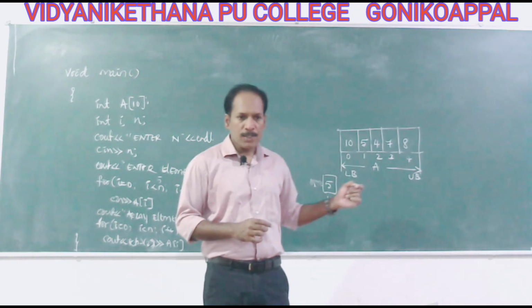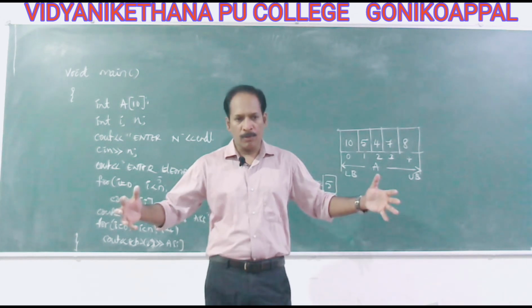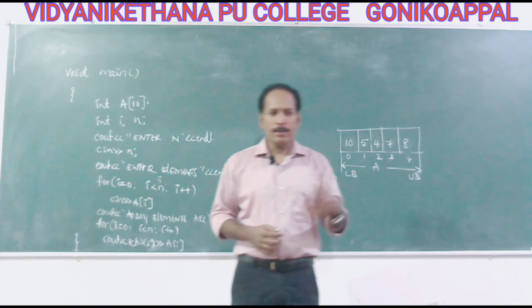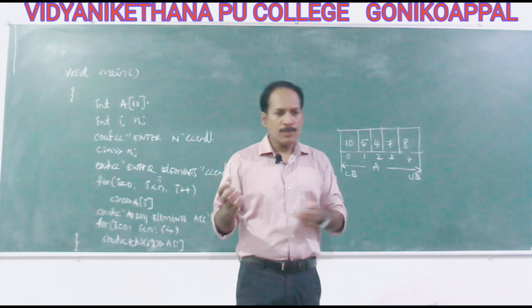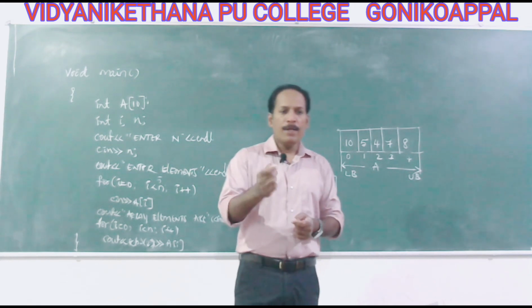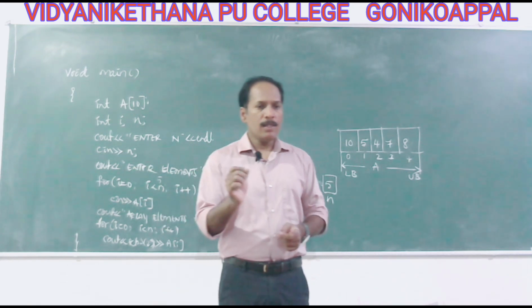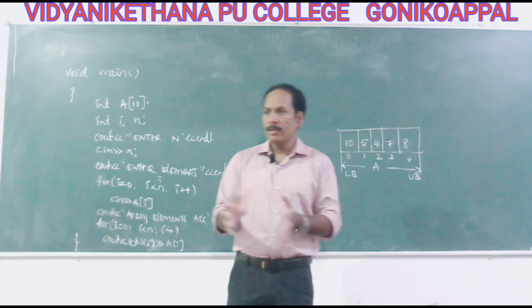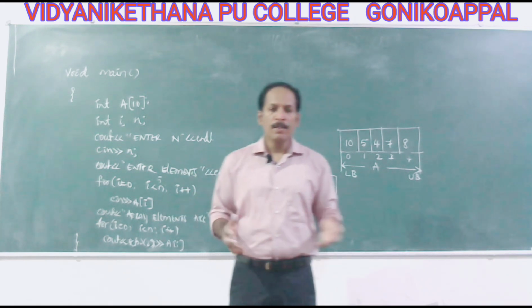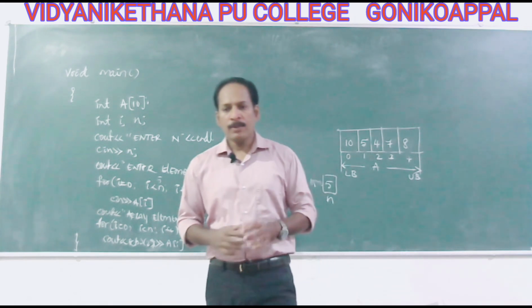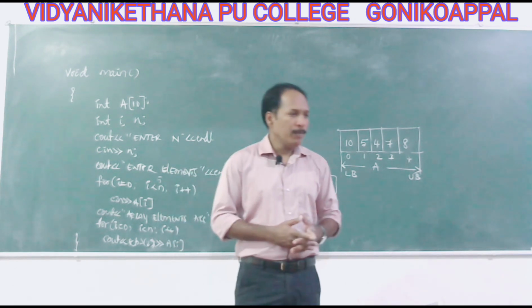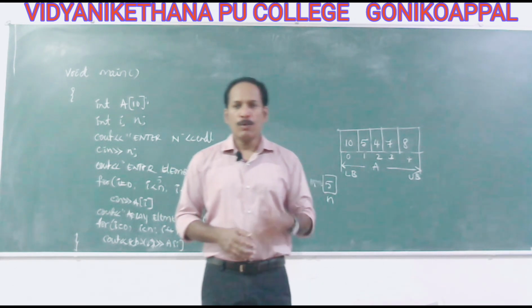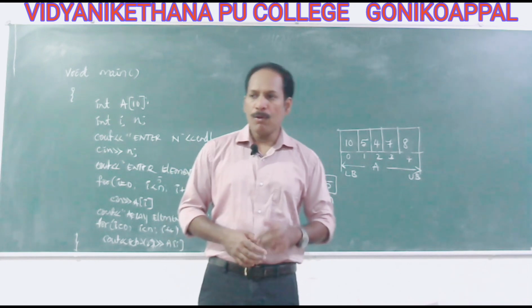Here with respect to an array, we are talking about a collection of elements. That element may be character, integer, whatever data type it is, but all the same type. We are looking in an array whether this element is present or not. If it is present, the search is successful. If it is not present, the search is unsuccessful. There are two methods to do searching. One is called linear search, another is called binary search.